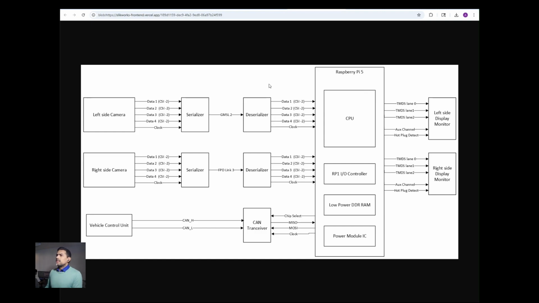Essentially, there is a camera on the left side, there's a camera on the right side. There's a serializer, deserializer. The serializer is on the camera, which converts LVDS CSI2 messages into GMSL2, sends it to a deserializer, which is on the CPU side. The deserializer deserializes this, sends this information to the CPU, where all the processing of the image happens. This image is then